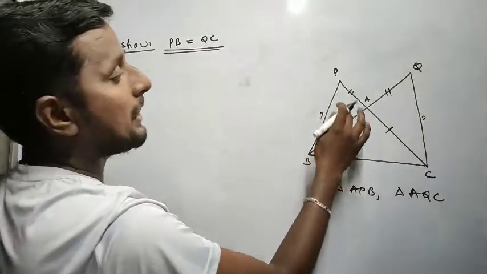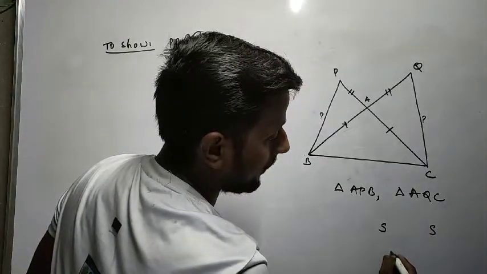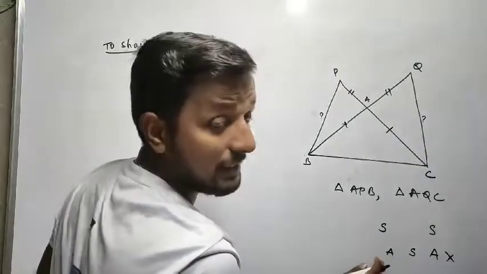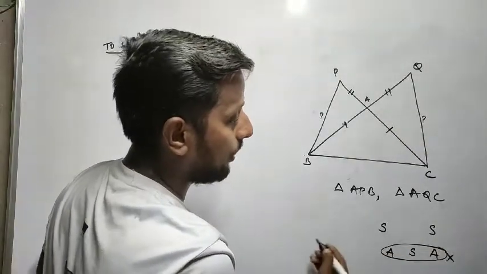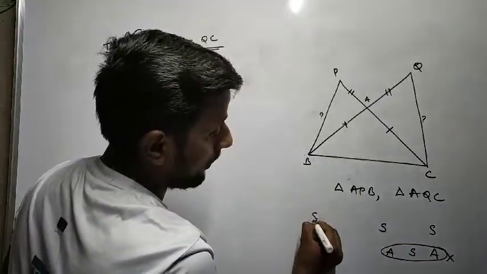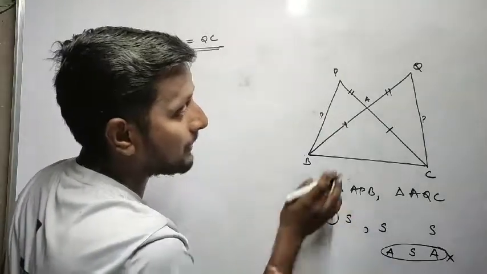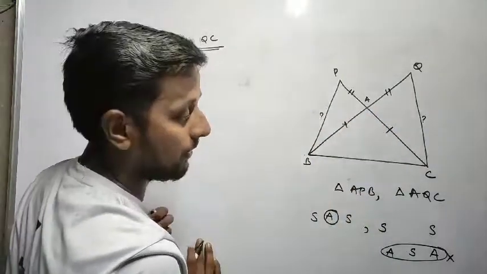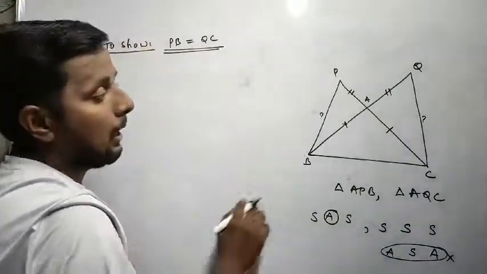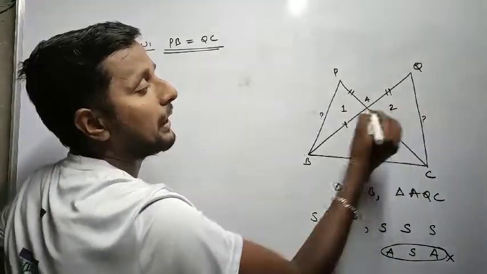So two sides are already mentioned. Am I right? Two sides we already marked, and an angle. Here we haven't used two sides, so this rule is not working out. If you get one angle, the SAS rule we can work out for these two triangles. Or if you match one more side, we can use the triple S rule. But we can't use the triple S rule for these two triangles.